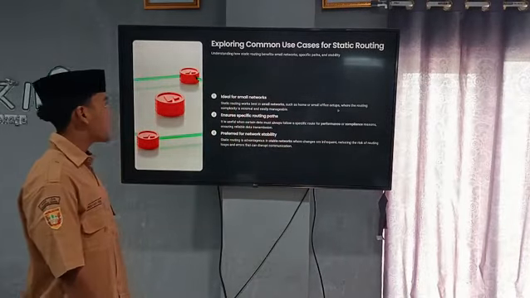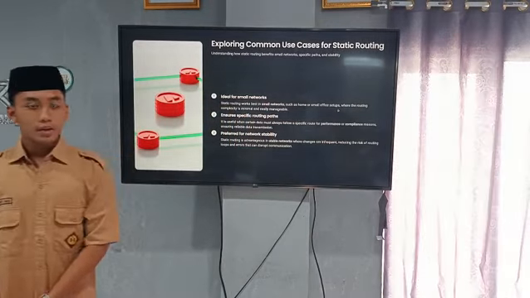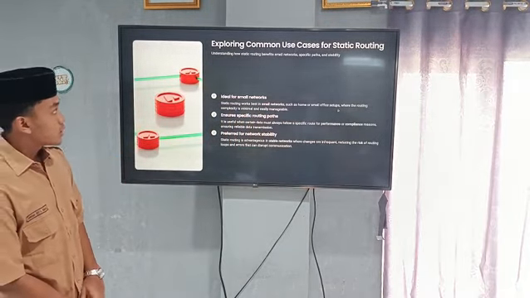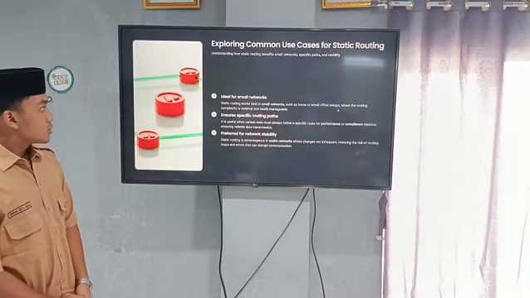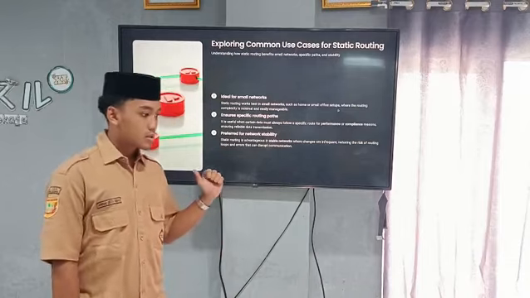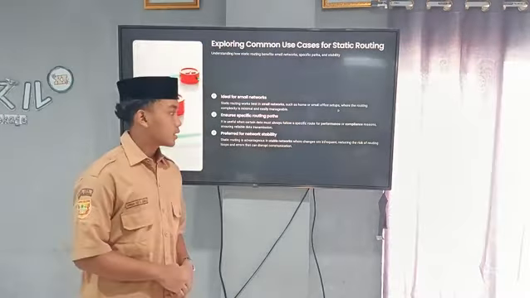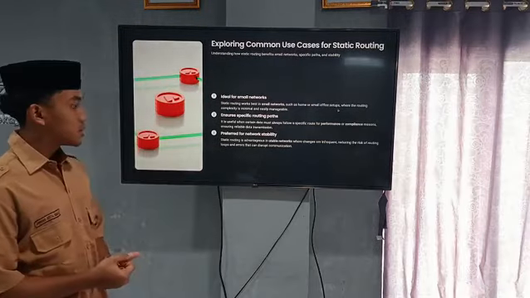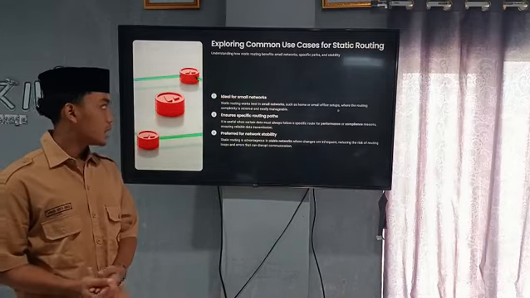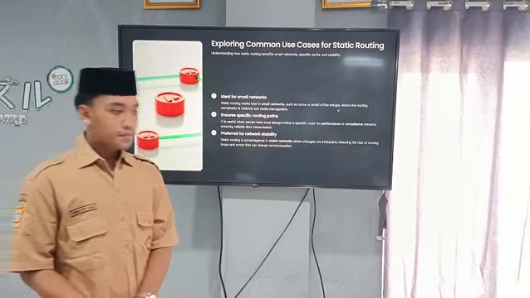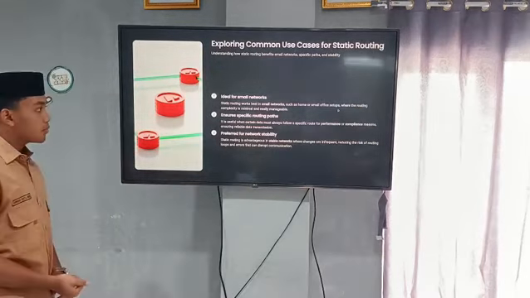Next is exploring common use cases for static routing and understanding how static routing benefits small networks, specific paths, and stability. A static route is ideal for small networks, like in a home or small office setup, where the routing complexity is minimal and easily manageable. Next is ensuring a specific routing path.